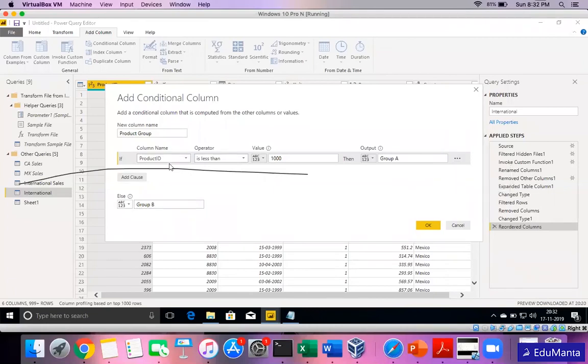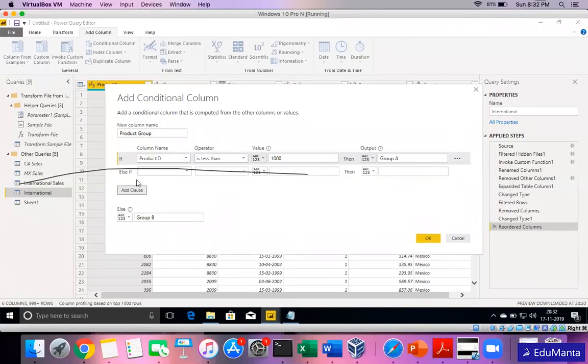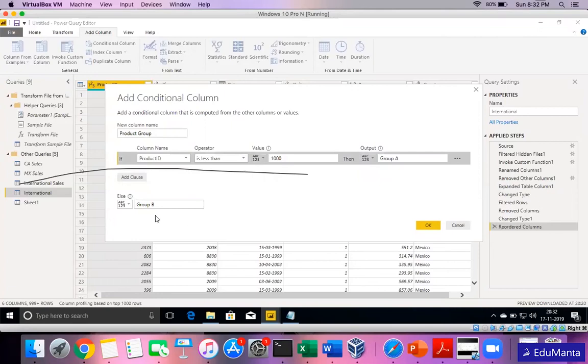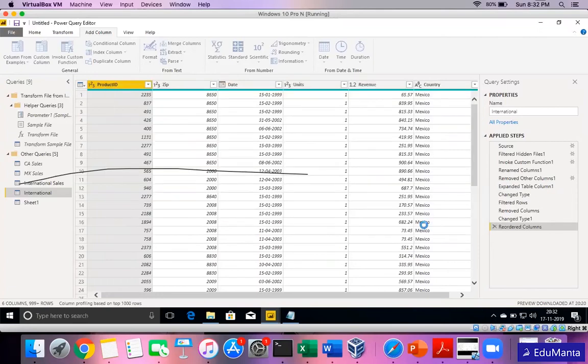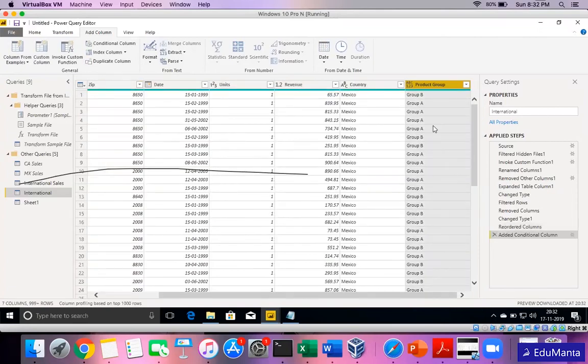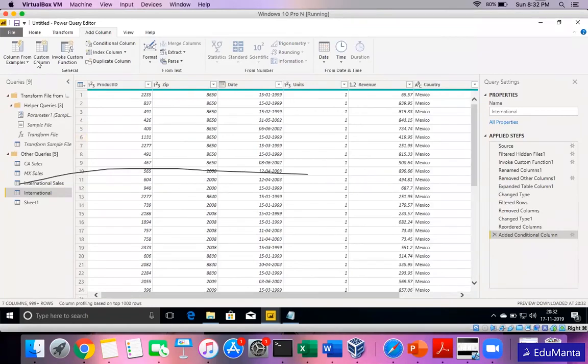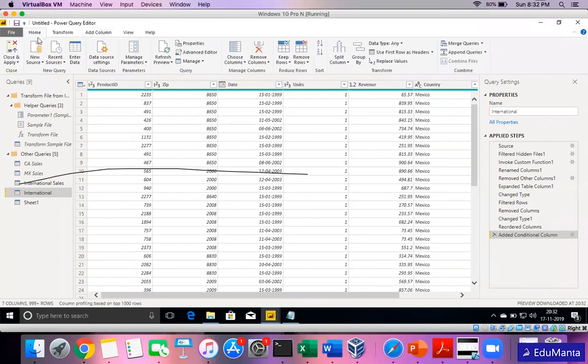You can also delete the step. Here you can add the clause, and else if statements will keep being added depending on your requirement. Right now I just need one step, so I will click OK. So here you see I have a product group column. And as and when you feel this is done, we can close and apply the steps.